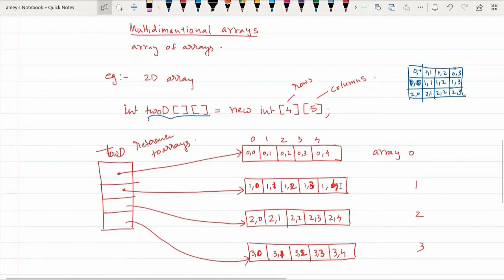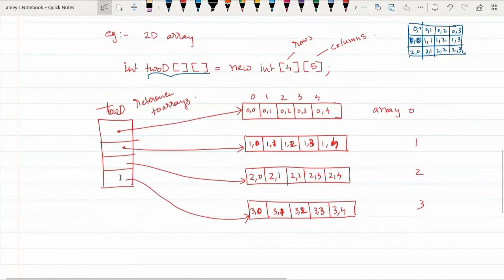The third location will store the address of the third array, which again has 5 elements. Similarly, the fourth indexed element of the 2D reference will have the address of the fourth array.